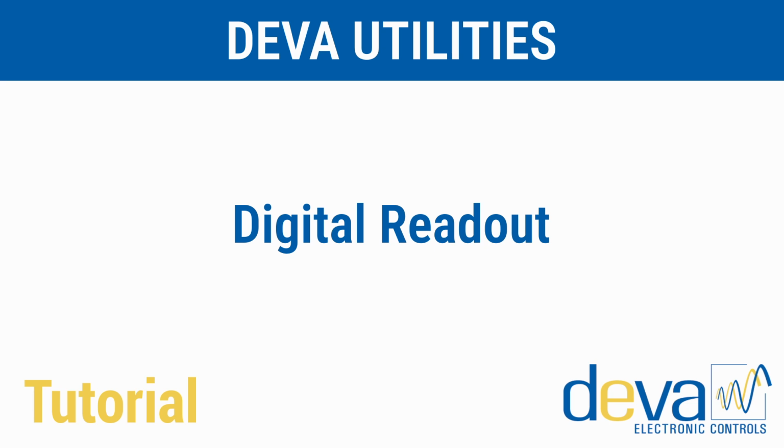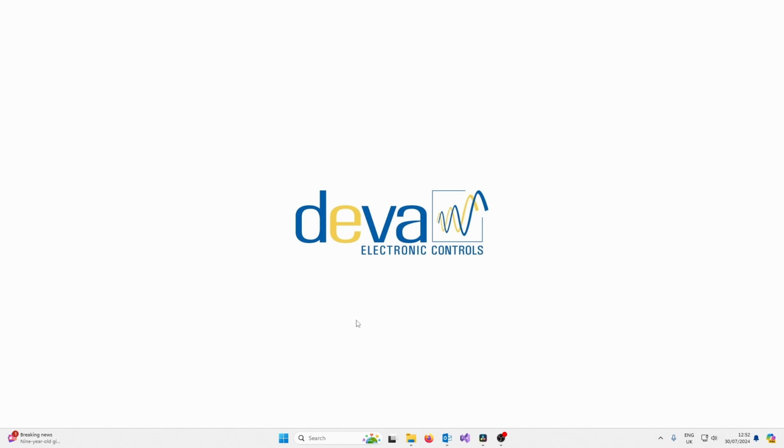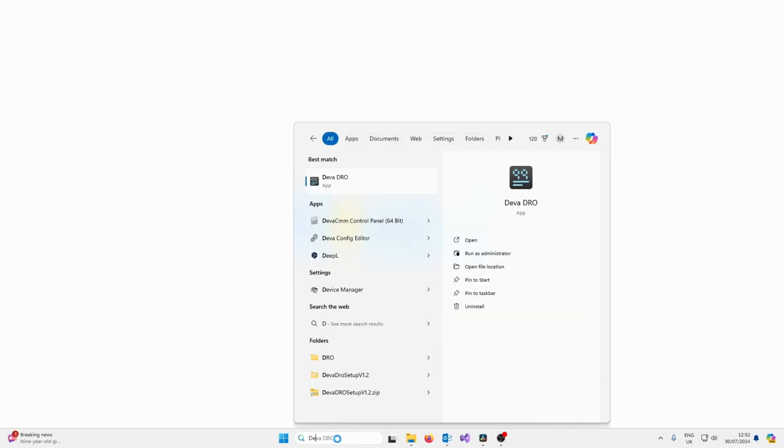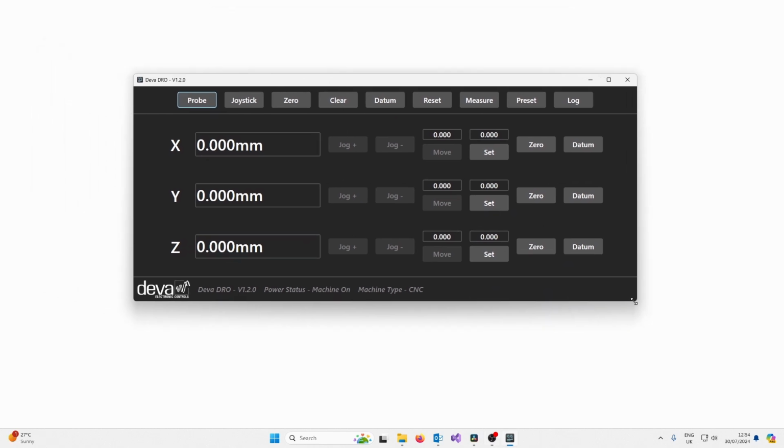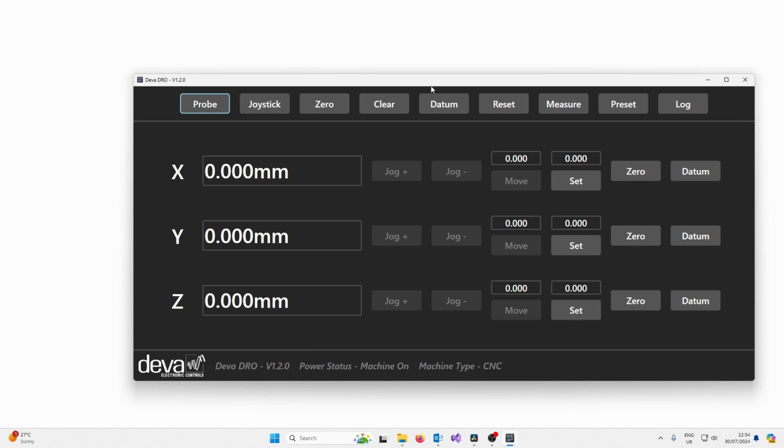Today we will be explaining how to use the Deva digital readout. First we need to open the program. Deva DRO is a utility program that shows the X, Y, and Z axis positions of a CMM machine using